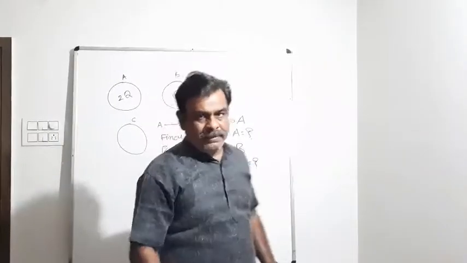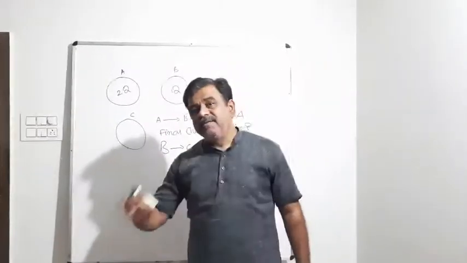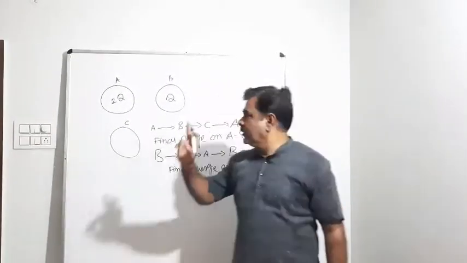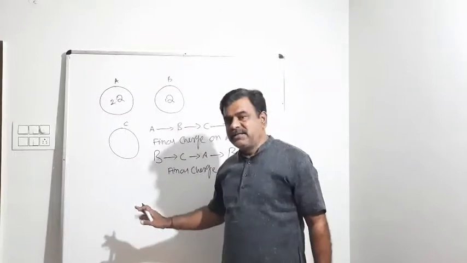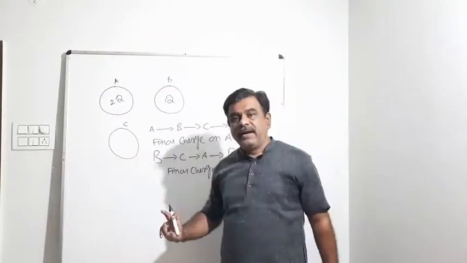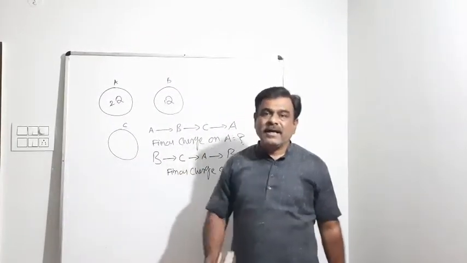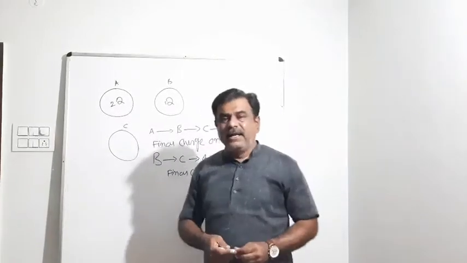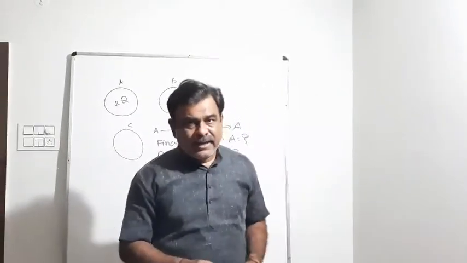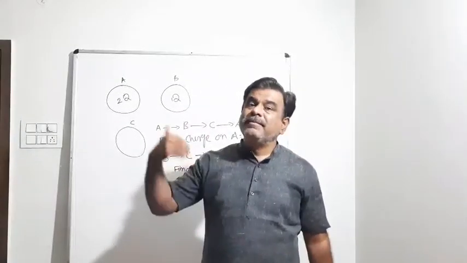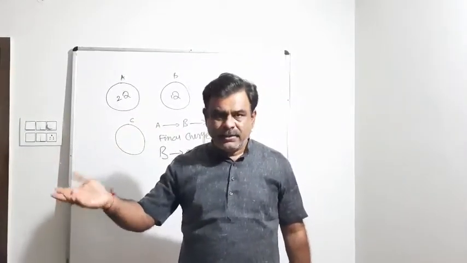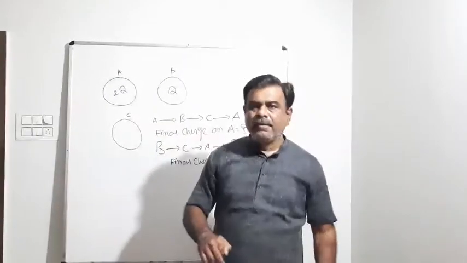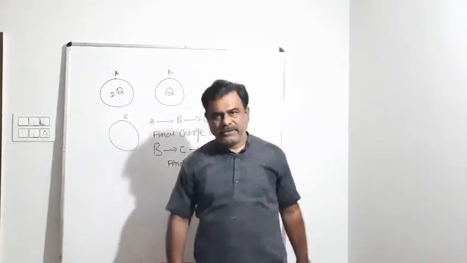So here we have discussed the specific case that the total available charge will be equally divided if both bodies are identical. If bodies are not identical, then how will charge be divided? That will go through the concept of electrostatic potential. It is a simple formula, but I don't want to give it directly so that you have to mug it up. We will discuss it in electrostatic potential.